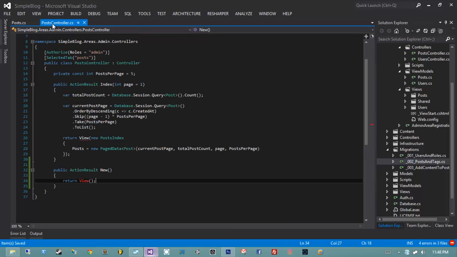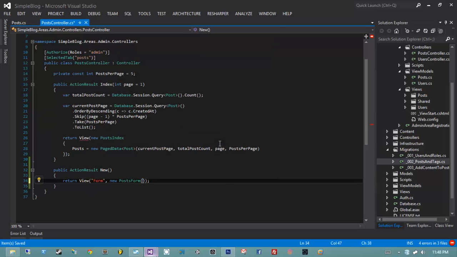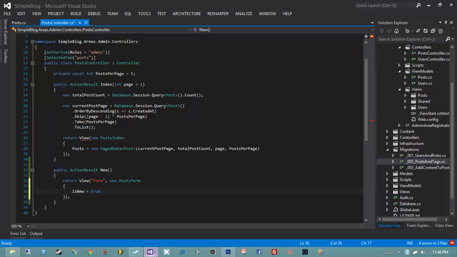So what I'm going to do in the post controller is I'm going to say we want to use the form view and we want to give it the post form view model. But we want to do something special. We want to set IsNew to true because we want to tell the form that we're looking at a new post and not an existing post. All right. Okay, so let's go ahead and jump into our